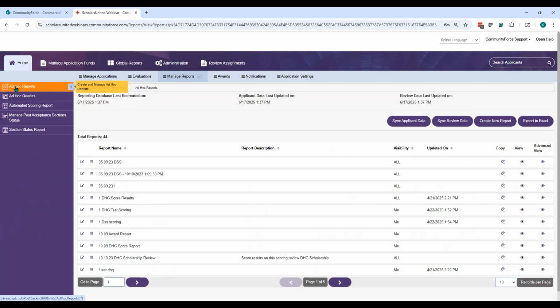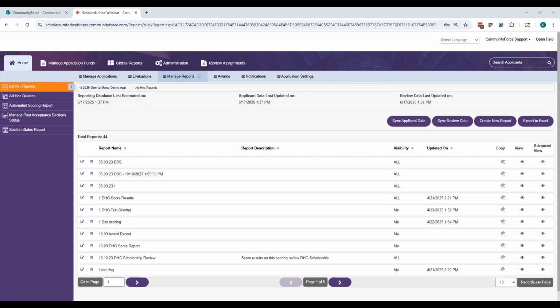So what you can do is go to manage applicants, then go to ad hoc reports, and there you can click on sync applicant data or sync review data. The button will disappear for some time, and then you can go back in and check whether the matching applicants are showing. Give the system a few minutes.